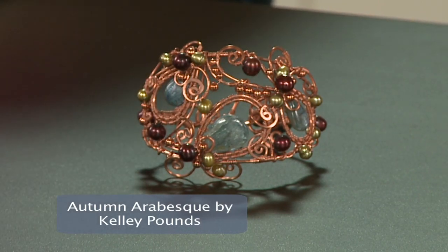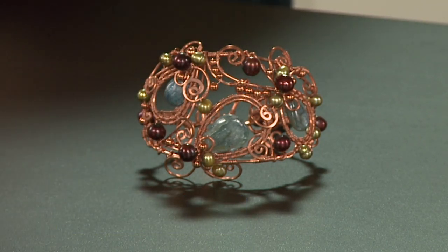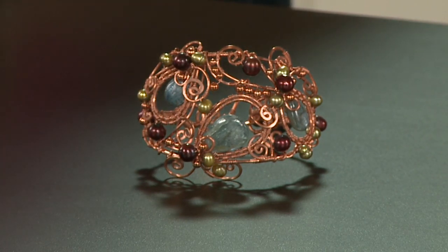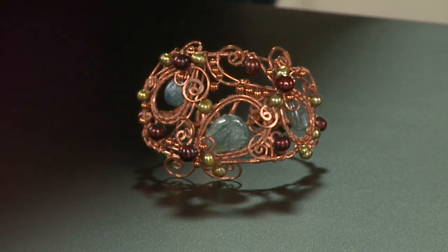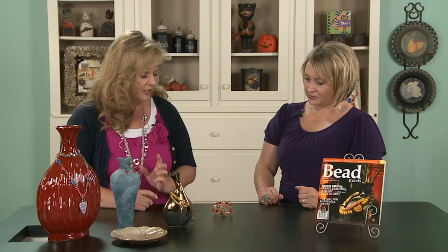It's not something that you could make the exact copy of. In fact, the designer said at one point she had so many pieces of wire sticking out in different directions she wasn't sure it would eventually come together. But that's the fun part about it, is she's got this wire frame that she's created and these beautiful kyanite teardrops, and then you can just kind of free form wire wrap the design, and I just thought it was